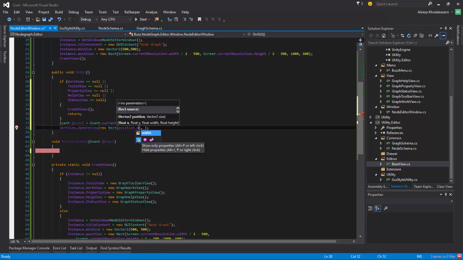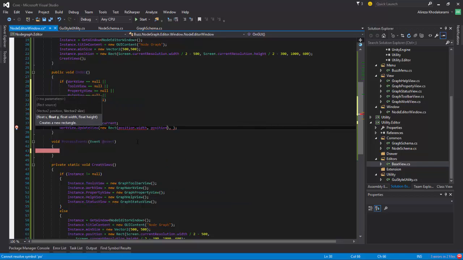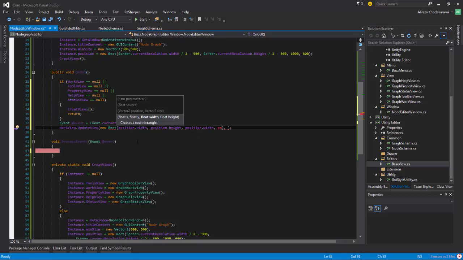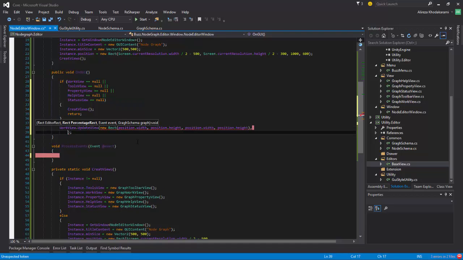Okay, dot width, comma, position dot height, comma, position dot width, comma, position dot height. Okay, then we want our percentage rect, so new rect,